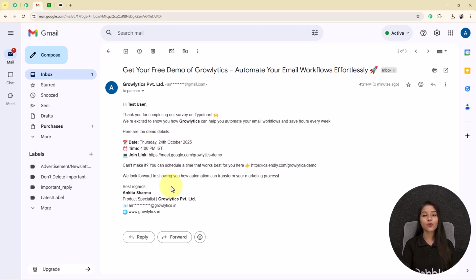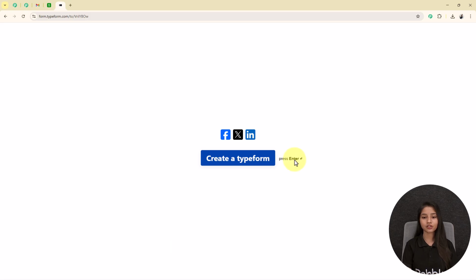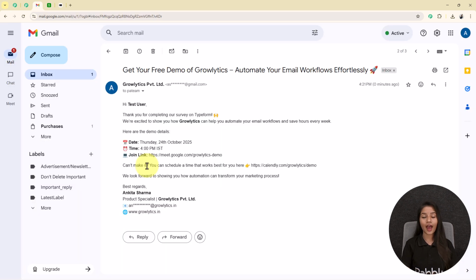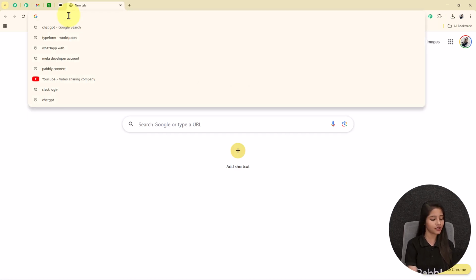Now, if you also want to do this type of automation, that when a new form submission is made through your Typeform, then automatically all your user leads will be added into your Airtable as a new record and instantly send one mail to the specific user's Gmail account, then you have to follow the step-by-step instructions that I am giving you in this video. So let's get started. At first, you have to click on a new tab and search